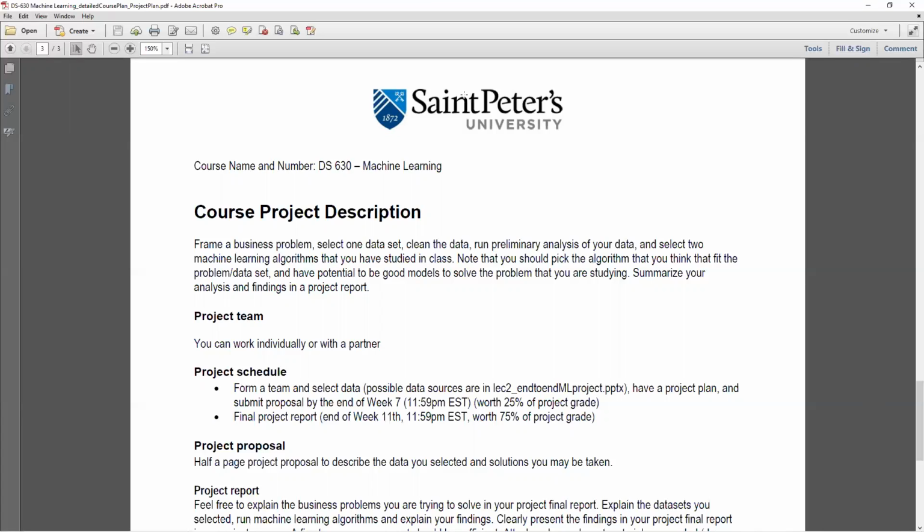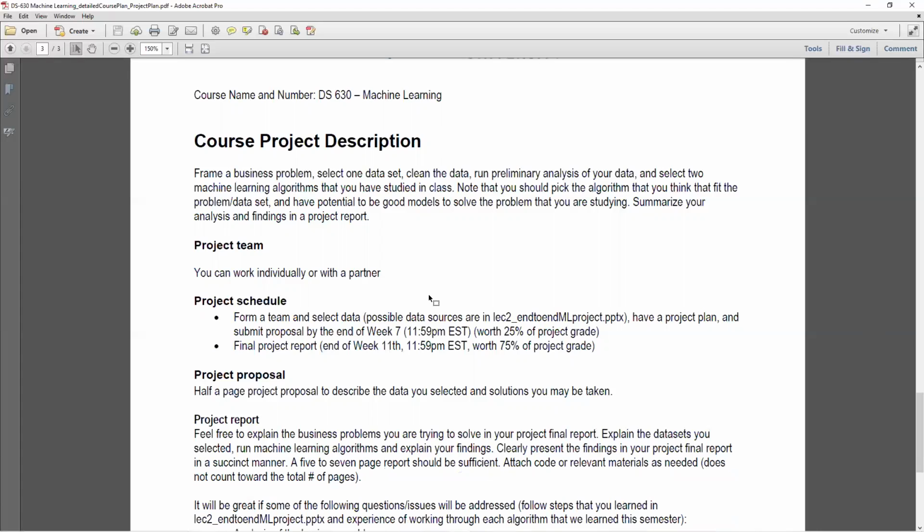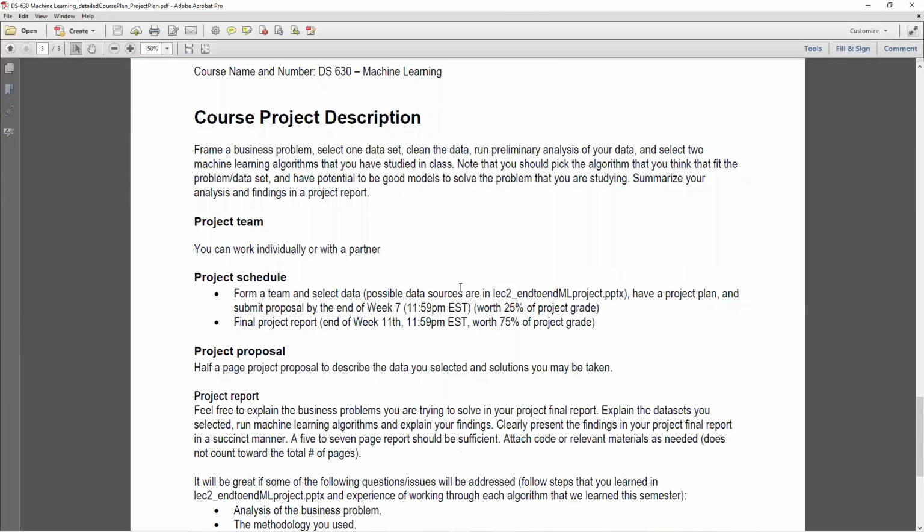So let's look at the course project description. What you should be doing is you frame a business problem, select one data set, clean that data set, run some preliminary analysis of your data, and select two machine learning algorithms you have studied in class. So here I want to be a little bit more